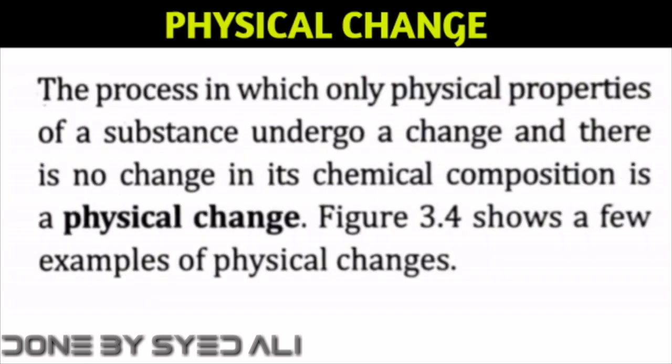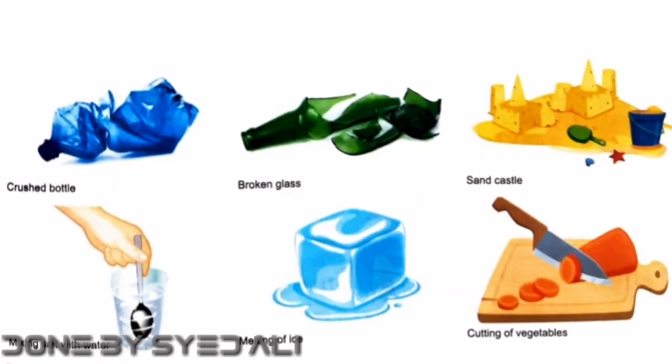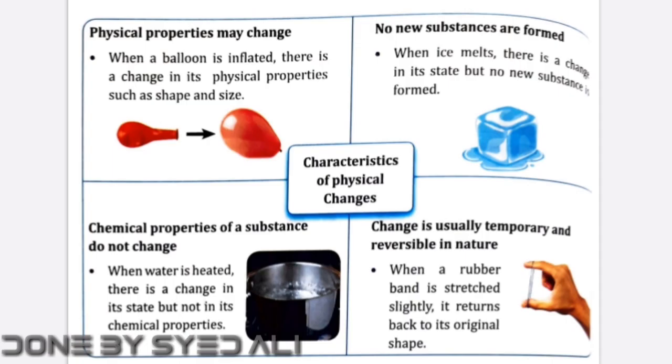Next, we shall go to physical change. The process in which only physical properties of a substance undergo a change and there is no change in its chemical composition is a physical change. Examples are